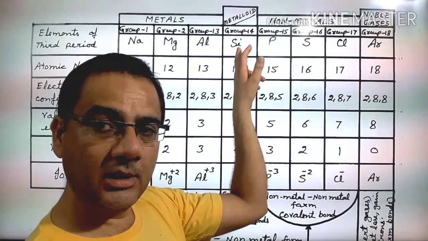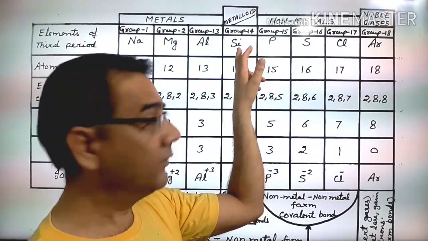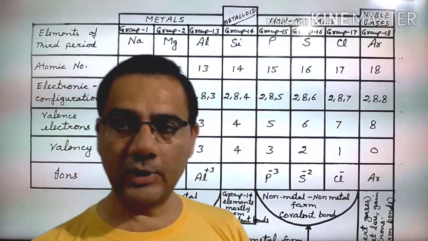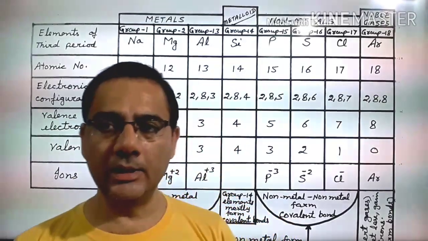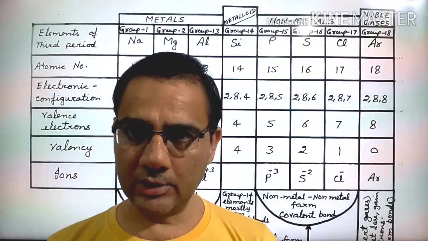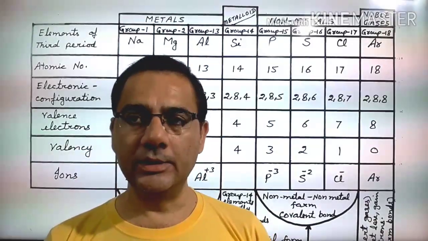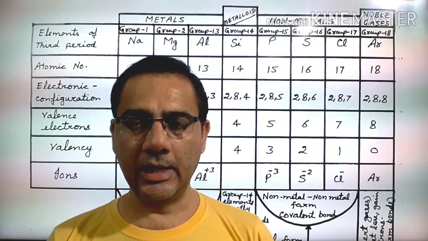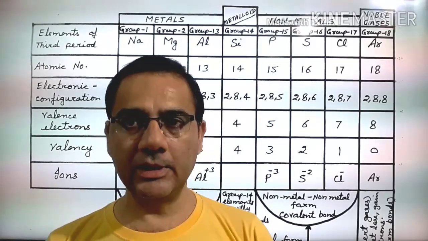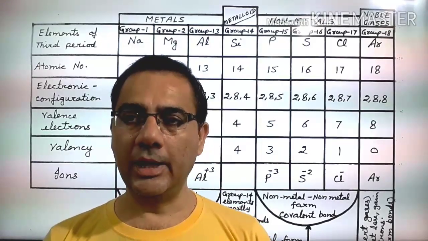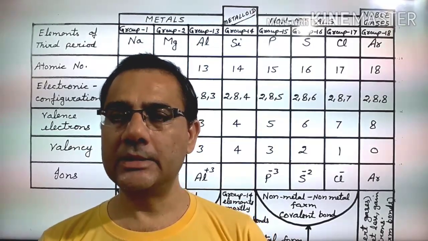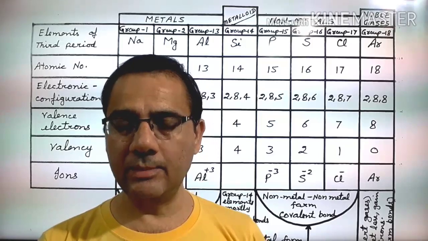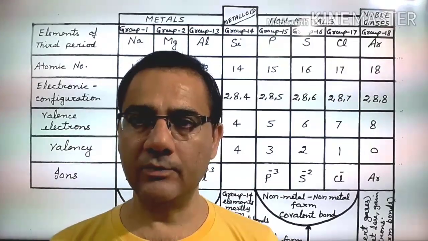Carbon has atomic number 6, configuration 2, 4, and silicon has atomic number 14, configuration 2, 8, 4. All those elements which have 4 electrons in the outermost shell neither lose electrons nor gain electrons. They always share the electrons, and after sharing they make 8 electrons in the outermost shell. How they share, we will study in the next chapter, carbon and its compounds. So at this time we are not going to study the sharing of electrons.